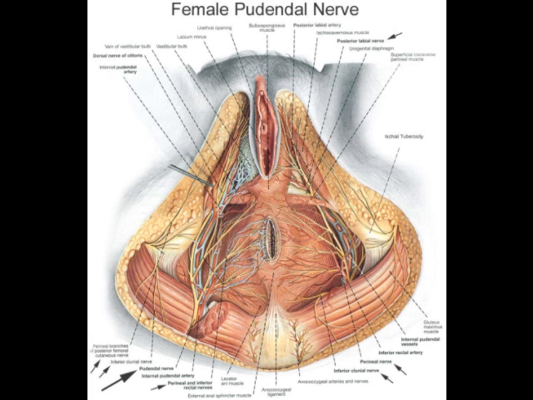Which is similar to the dorsal nerve of the male penis. This is the dorsal nerve of the clitoris for females. You can see how pretty far that branch of the pudendal nerve goes, and below that you can see the internal pudendal artery, and you can see in the bottom left there, the perineal branches,